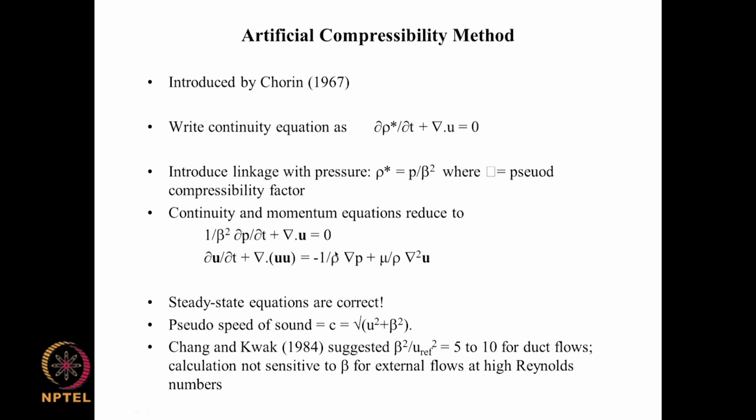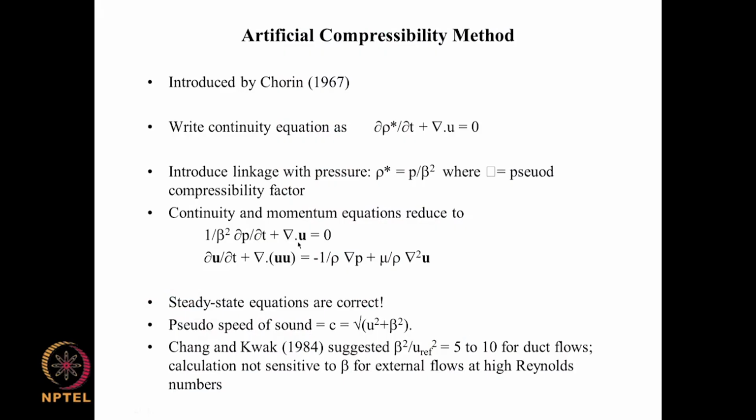So, we will be able to say that the steady state solution must be the steady state solution of the true Navier-Stokes equation for incompressible flow, although we have gotten to the steady state using methods which are not fully correct. So, the transient solution that we are getting here is not dependable, it is not correct, but the steady state solution is correct. And these equations can be used for 3-dimensional flows, because we have written them here in the